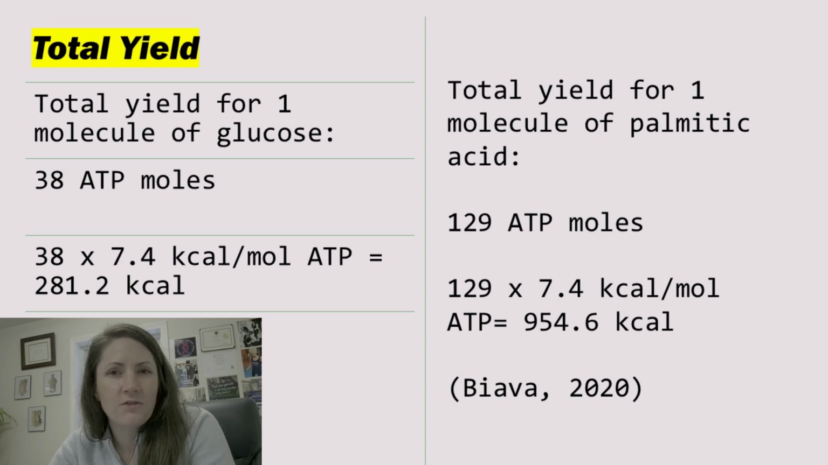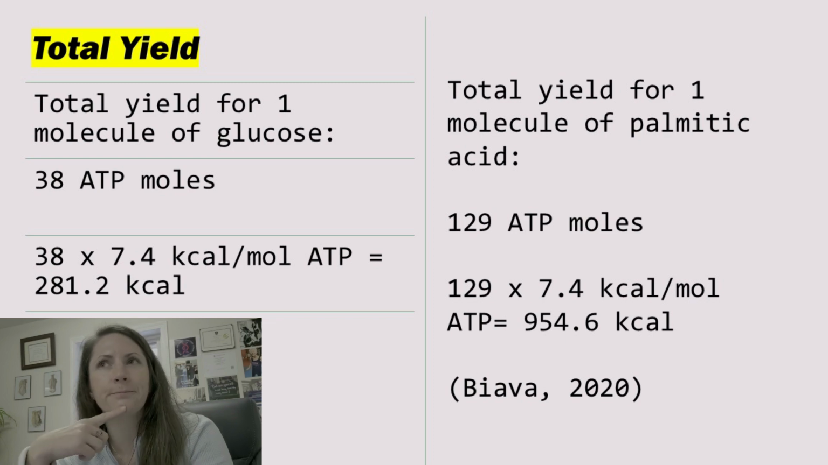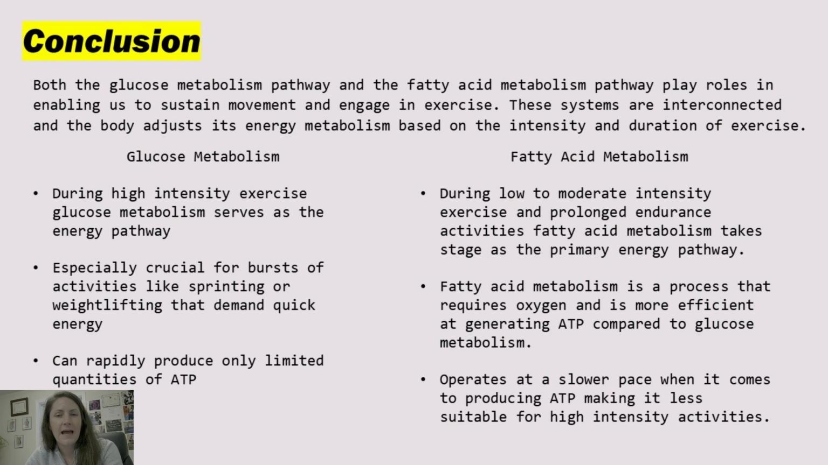So why is it that we don't just use fatty acid oxidation for the vast majority of our ATP needs? While both glucose metabolism and fatty acid metabolism pathways play huge roles in enabling us to sustain movement and engage in exercise, they are not created equal. These systems have to be interconnected in order to supply that continuous amount of ATP that our body needs for many processes, not just exercise. But when it comes to exercise, we use a combination of both glucose metabolism and fatty acid metabolism